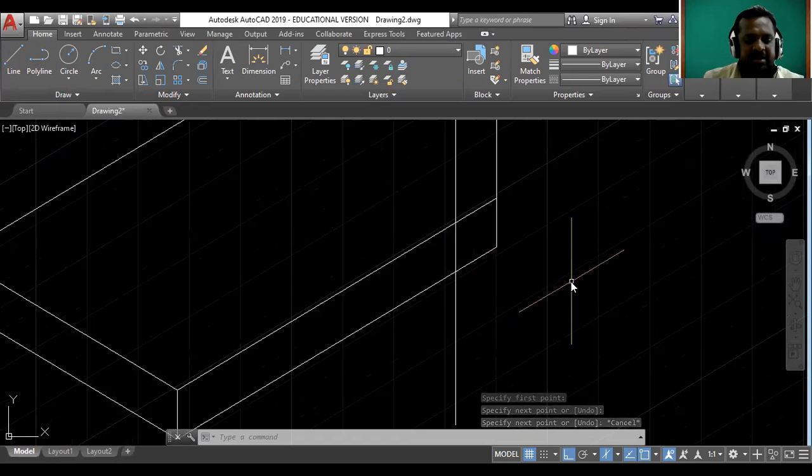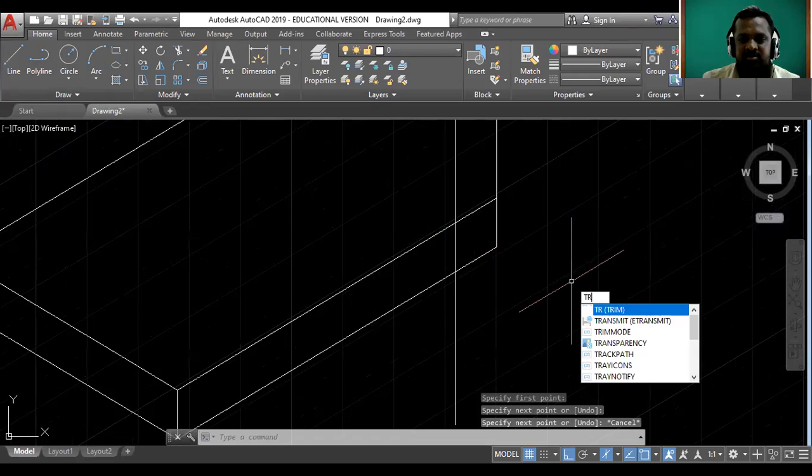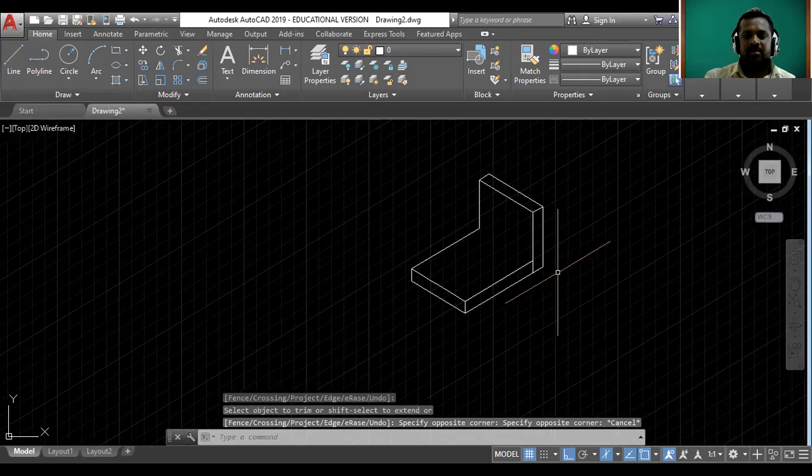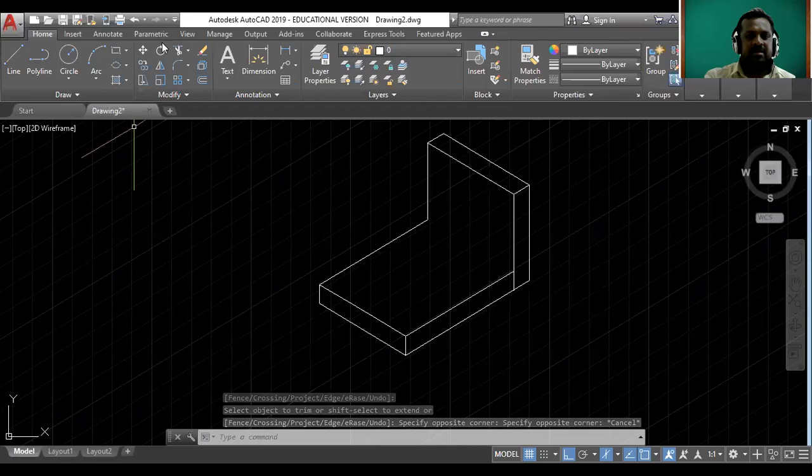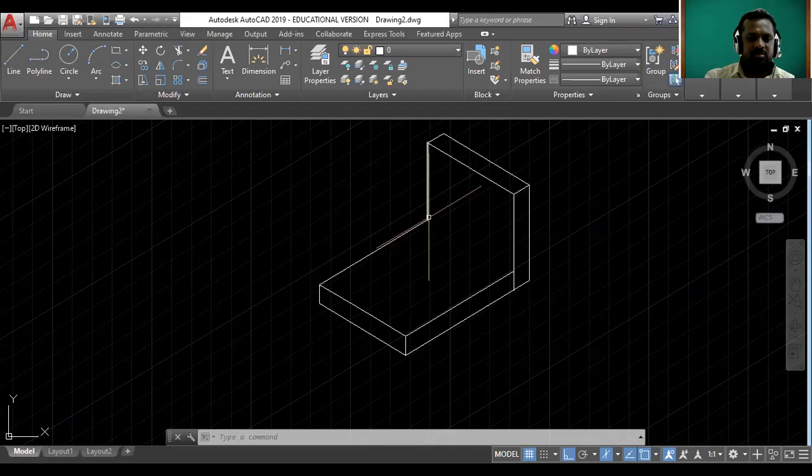See, then trim here, double enter in this portion. Okay, again trim this portion again. Okay, it is a bit, no problem. Now from this point and from this point, both the points we will join with the help of one line. Take the line, select this point, and select this point.